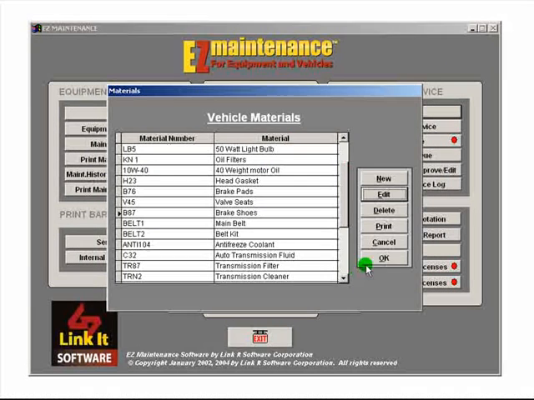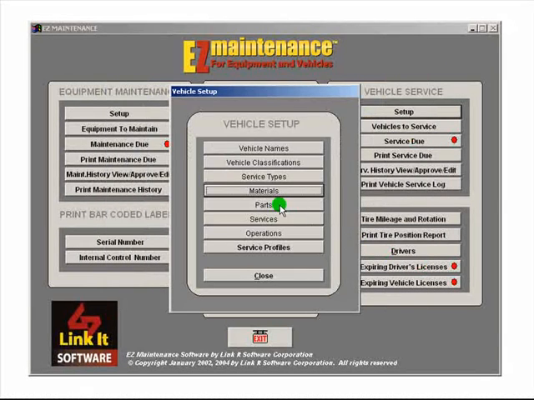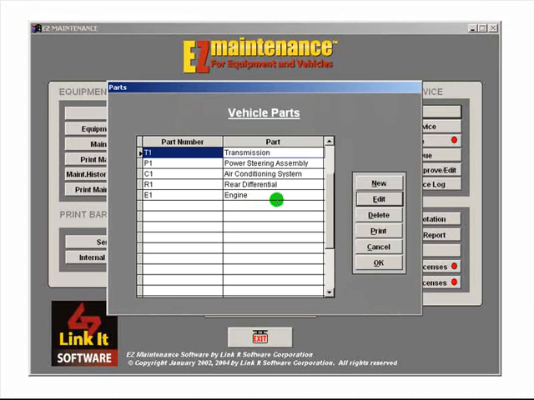We are now going to click on the Parts button under the Vehicle Setup menu. This data area is where an operator enters specific parts of a vehicle that require maintenance. For example, a transmission may require maintenance only every 120 days, whereupon routine maintenance on that vehicle may take place every 30 days. So when a work order and a maintenance profile are created, this drop-down menu allows an operator